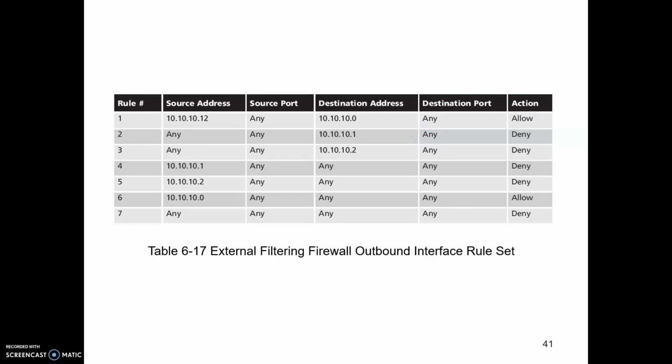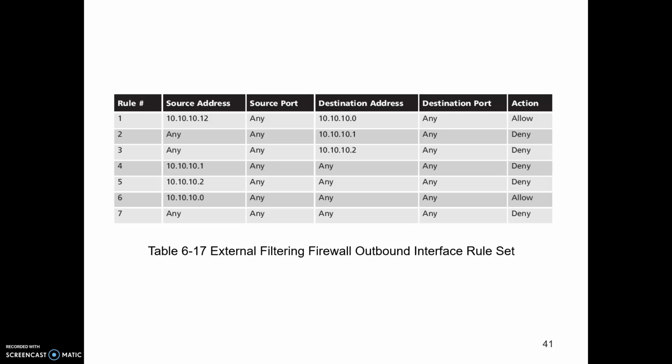The table on this slide shows the recommended rule set for the external filtering firewall outbound interface. Note the similarities and differences in the two rule sets. The internal filtering router firewall rule set shown in outbound has to both protect against traffic and allow traffic from the internal network, the 192.168.2.0. Most of the rules in the table are similar to those in table 6.16,